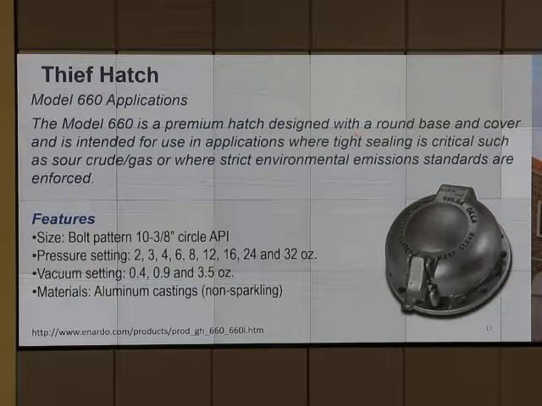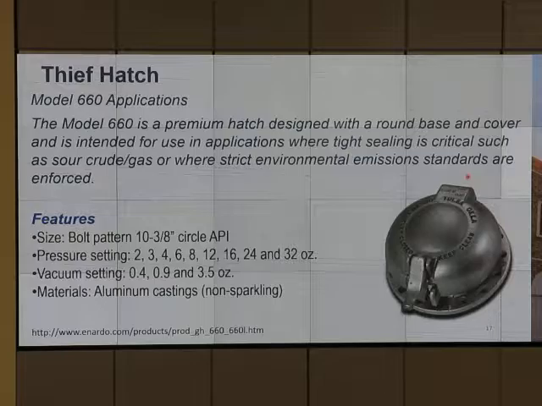It's a round shape cover intended for use where tight sealing is critical, such as sour gas or where there is a restrictive environmental emission standard. When you go to high bond, one thing that you learn is don't keep your dip hatch left open. Very easy, as easy as that, right? But that is important because in India they just let it open and the very rich gas comes out. The normal BTU of gas is like 1,000 BTU, but they say that 2,000 BTU gas comes out. So close the dip hatch, and open only when needed.